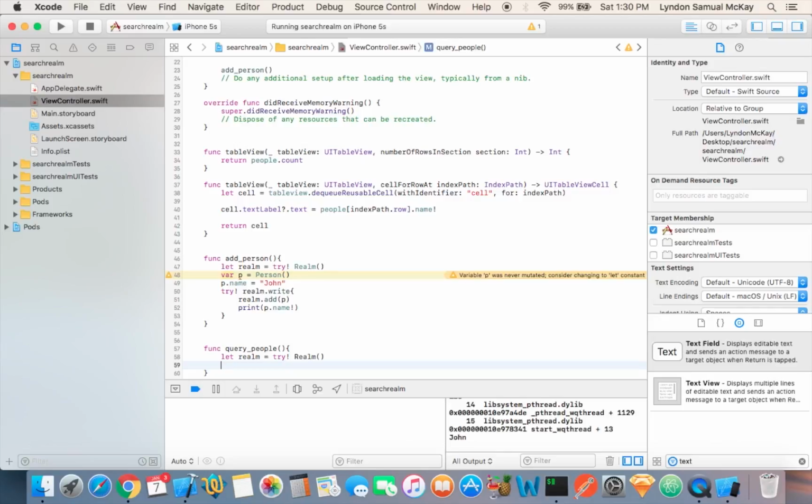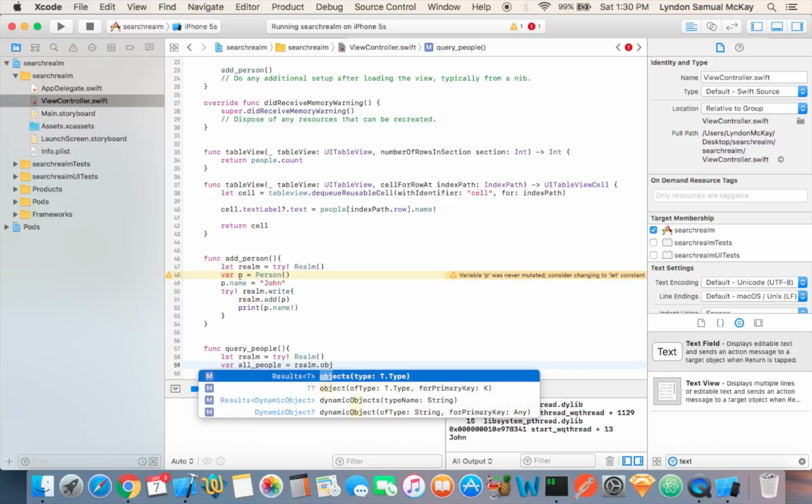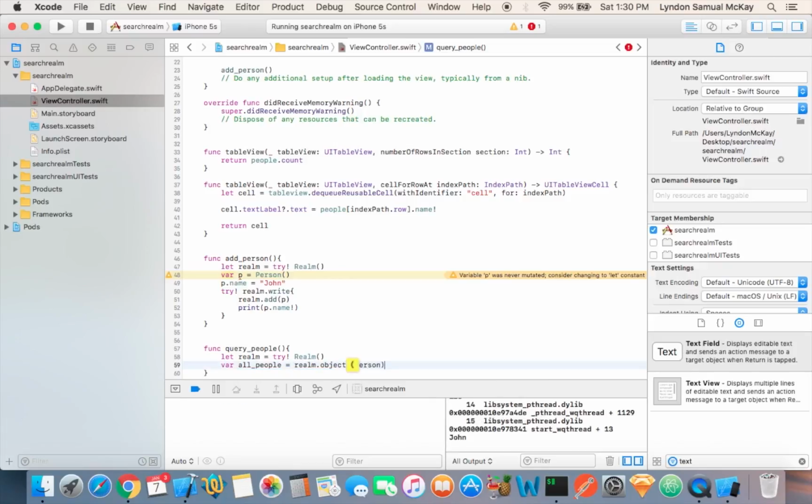Then we are going to say var all people equal to realm.objects person, and then we say for each in all people